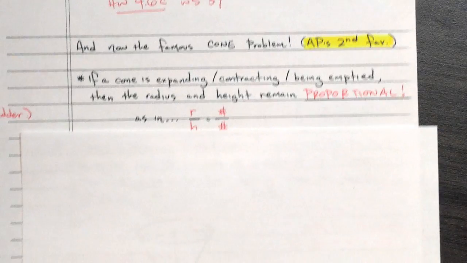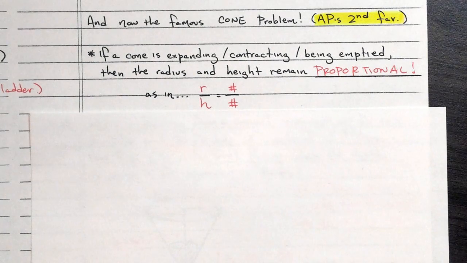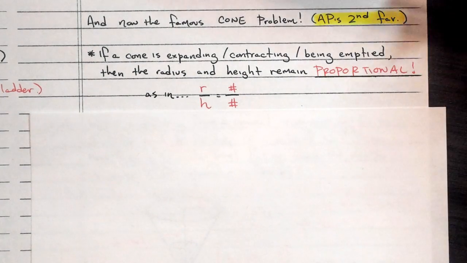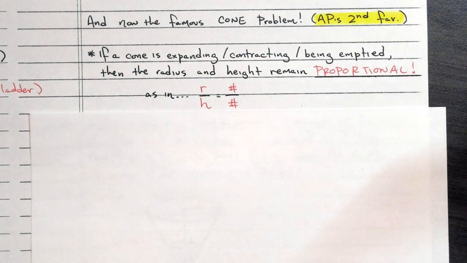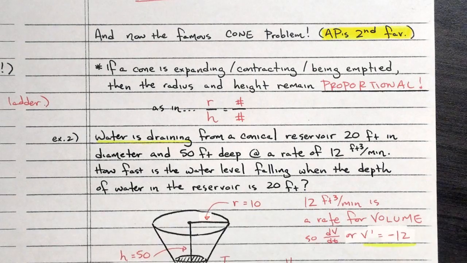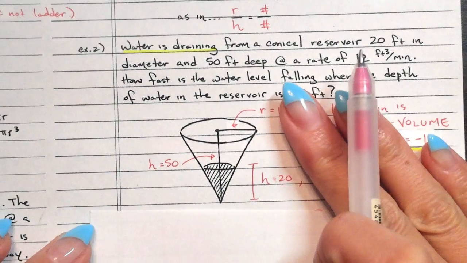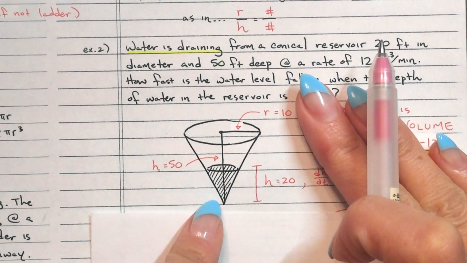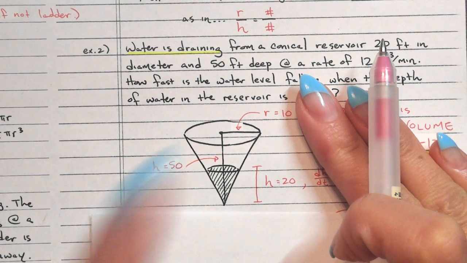So this is our second one. This is very, very popular as well. So it is the cone problem, okay? We're going to call this AP's second favorite. If a cone is, so the first thing is, if you look at this cone, ignore all the writing, okay? If you look at this cone, basically, if you have a cone, a lot of times what's happening